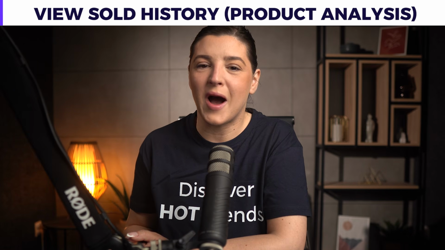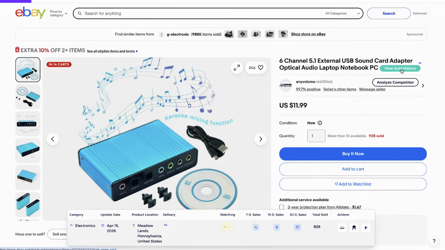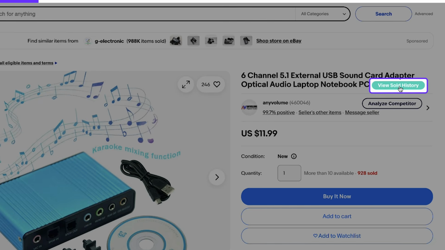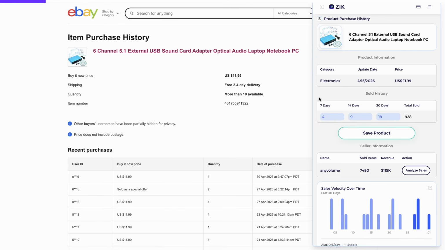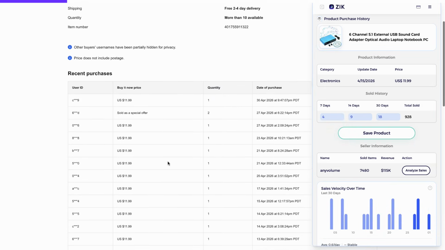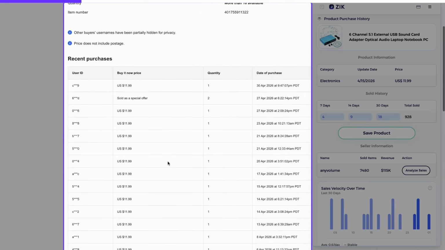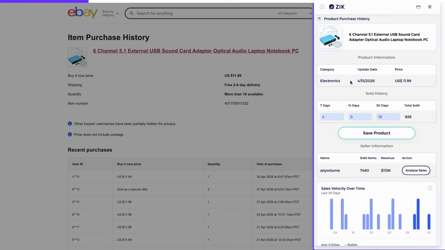Now let me show you how to analyze the products themselves. For this, I'll go back to the product we chose for this example and click on View Sold History. After clicking on it, I can see exactly how many times this product was sold, along with the data of each purchase. Now, in addition to that, which is already very useful, we also get extra insights from the ZIK